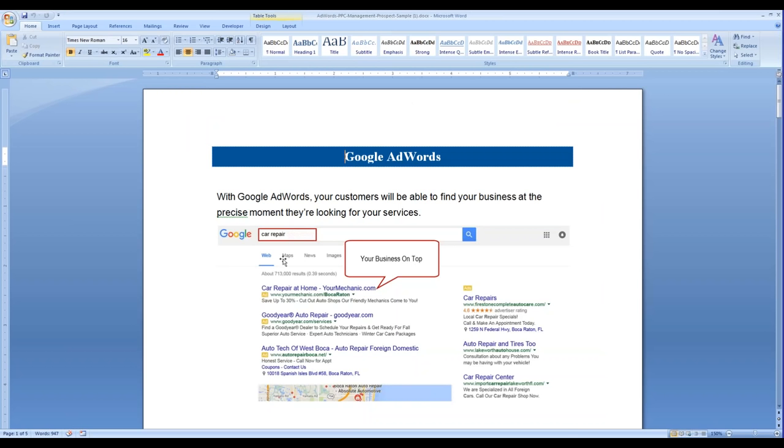So this will do the sale for you if there is any doubt. You explain that with Google AdWords you can list their business on the top. Who of the business owners do not want to show on the top? They all want that. Correct? That is your sale. You just show this image.